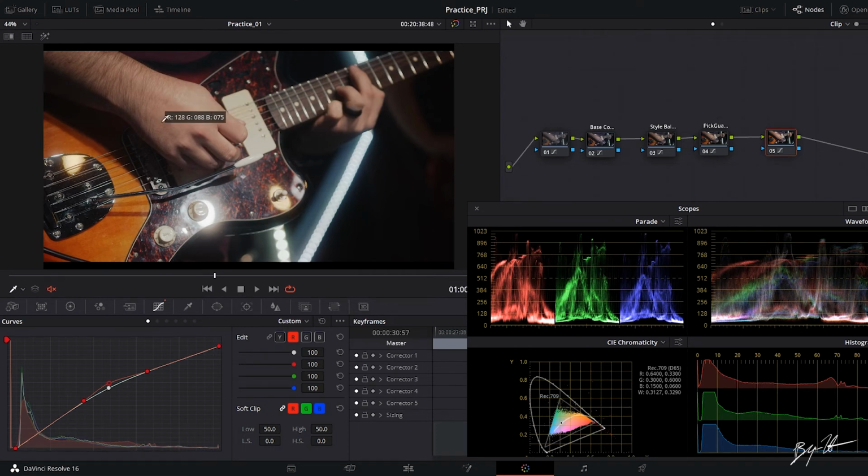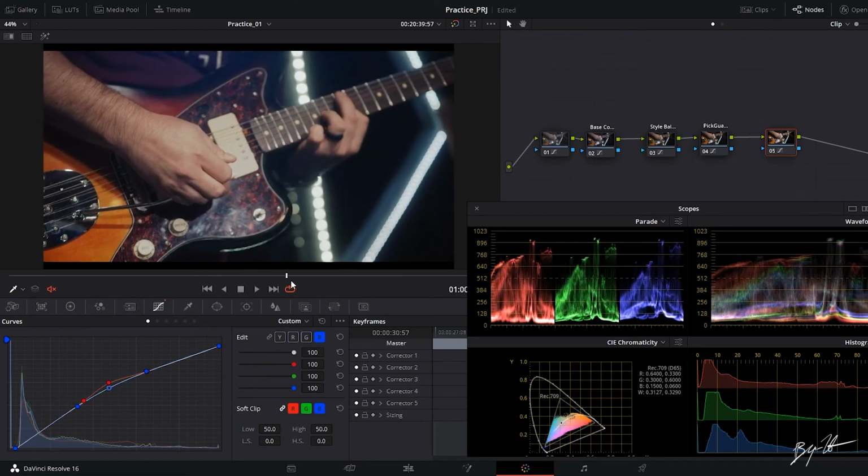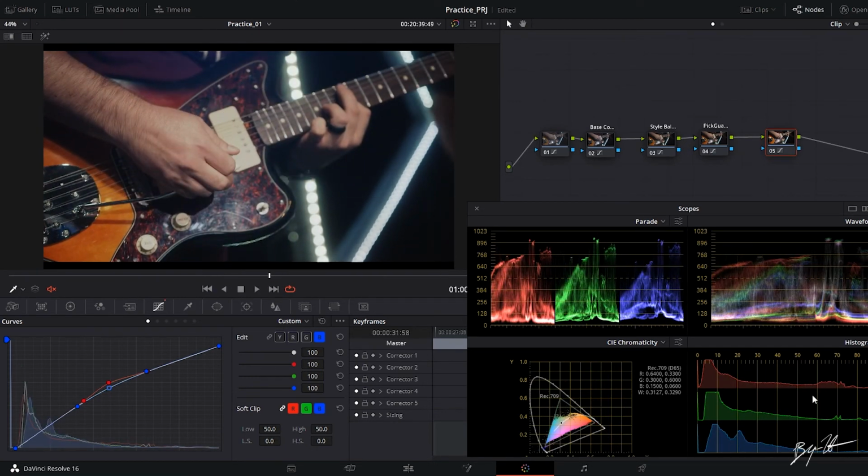We could probably add maybe a little bit of blue. And I'm really making small changes here now. Super small changes. Okay, I don't like how dark this pick guard is, but in the future, what I would